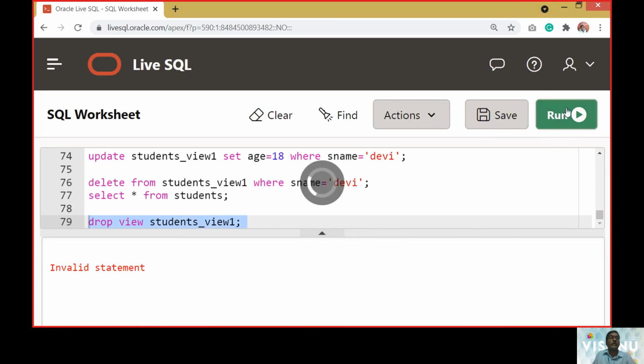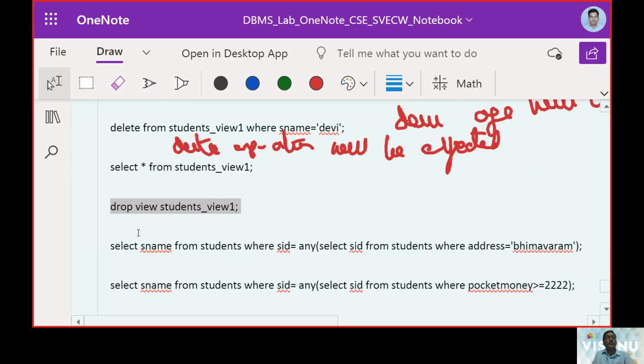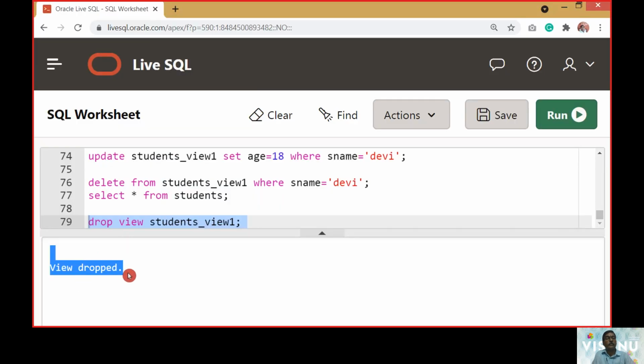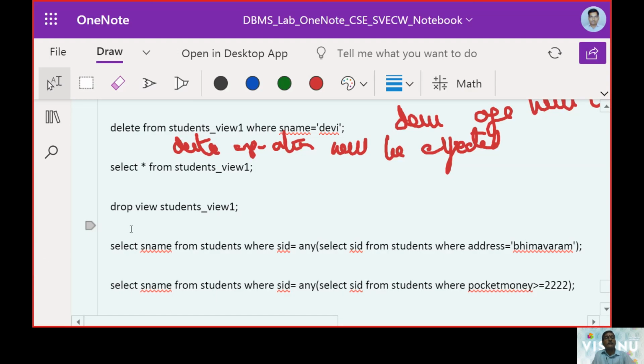We should select the entire line. So you can see here the view was dropped. That is how we'll be getting the answer. You can see this view drop as an answer for this query.